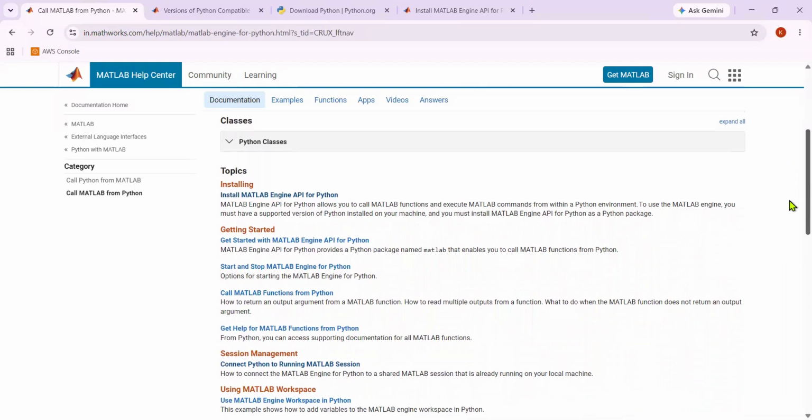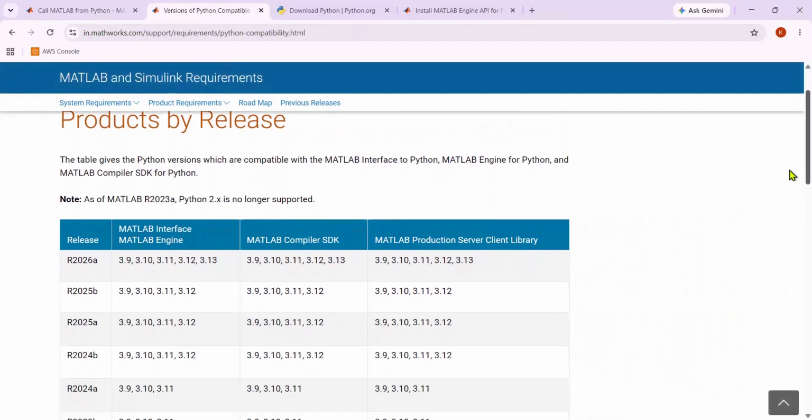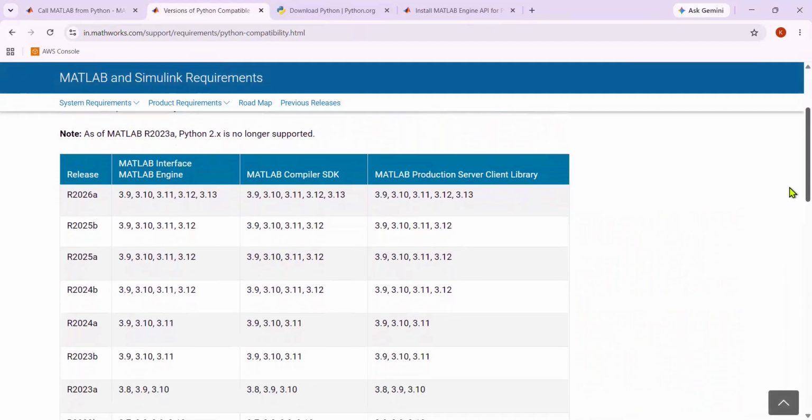So the first thing over here is to understand which version of MATLAB you are using, and depending upon that particular version, which versions of Python will be compatible. If you go to this particular documentation, you'll find out that as of MATLAB R2023, Python 2.x is no